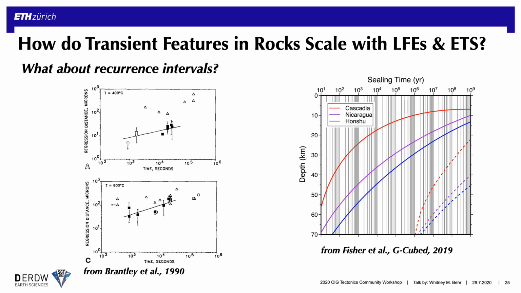including taking into account different rate controlling mechanisms to infer sealing times, and then they plotted those up for typical subduction geothermal gradients. And in the case of their models, even for a quite warm subduction zone like Cascadia, the maximum sealing times are on the order of 10 to 100 years for the deep interface or the ETS source region, which are much too long to match either LFE or ETS recurrence, but perhaps are more consistent with regular